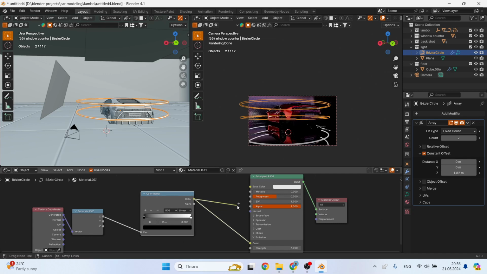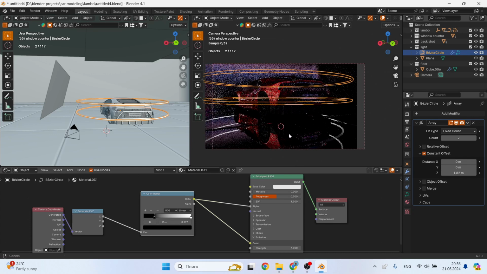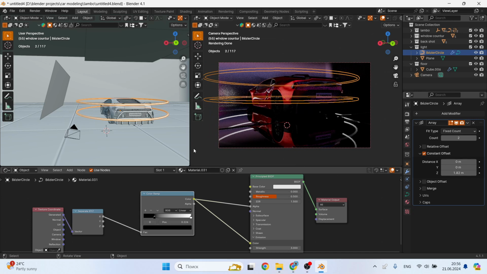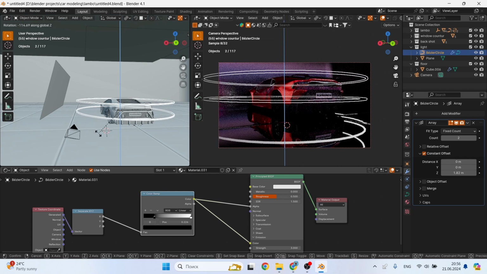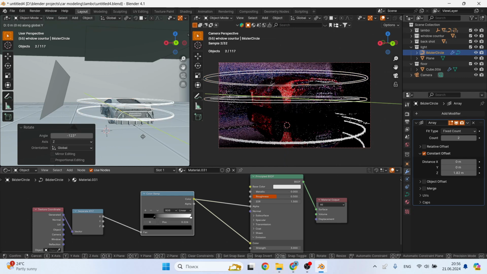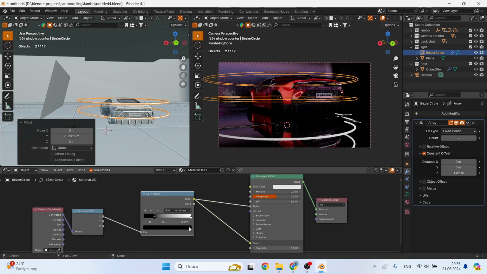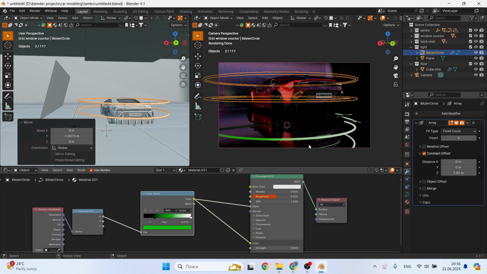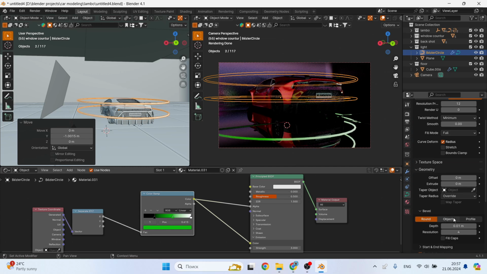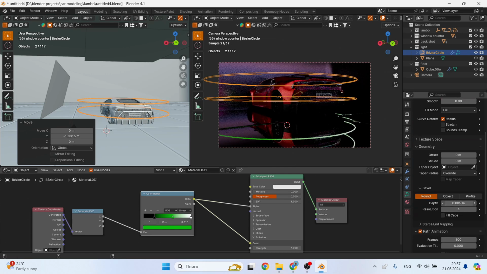Now you can start adding material to these circles, and here you can do one trick. After the texture coordinates node, we will place a separate color node and set it so that the gradient spreads along the X-axis, and we will connect the color ramp not only to emission but also to alpha so that you can make transparent areas on this circle. The black on the color ramp stripes is responsible for the transparent color. And since Blender is currently using the object's coordinate axis, if you rotate the object around its axis, this effect does not stay in place, it moves in a circle.